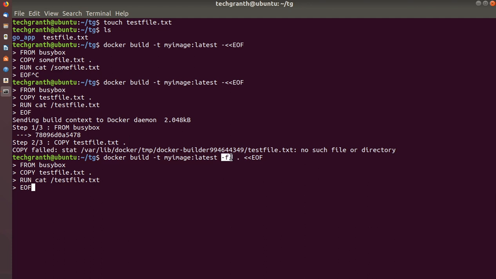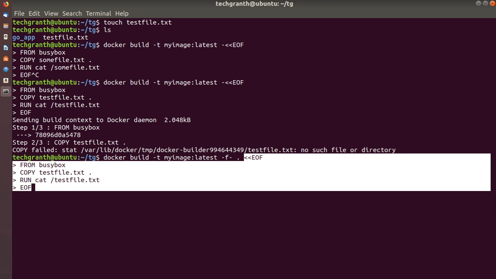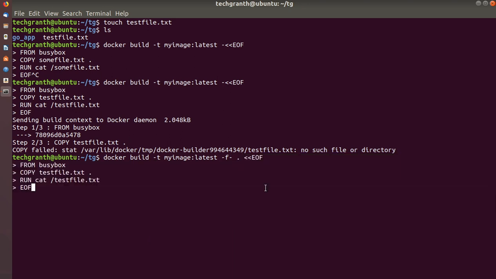It means hyphen f hyphen will be used to read the Dockerfile from here, and this dot will be used as the current directory for the build context.